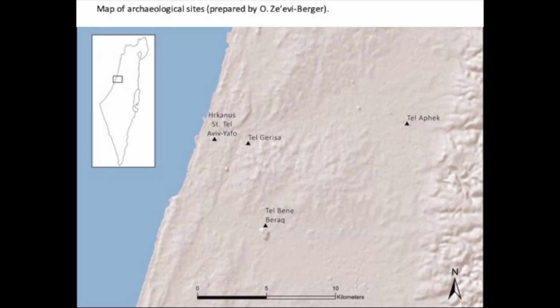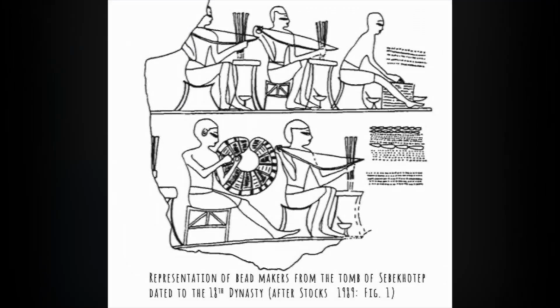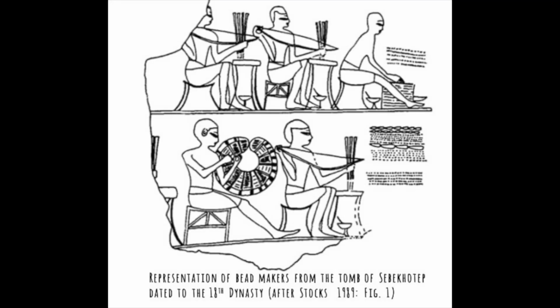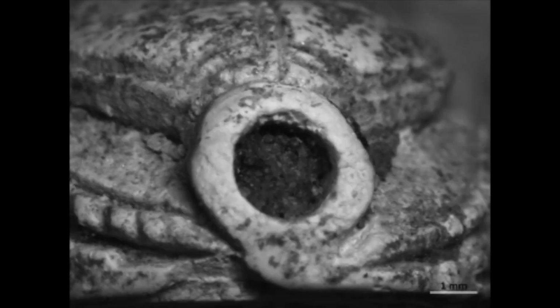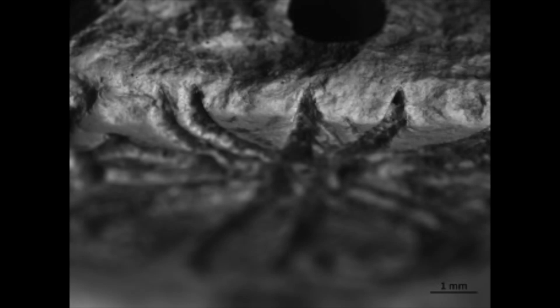The reconstruction is primarily based on the study of scarabs found in archaeological sites in and around modern-day Tel Aviv, visual representations of seal and bead production from ancient Egypt, and results of previous experiments. The main goal of this experiment was to verify whether the reconstructed production sequence fits the scarabs in the corpus and how the work with steatite was executed.